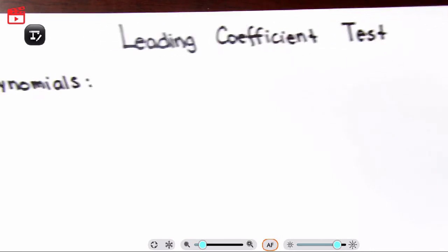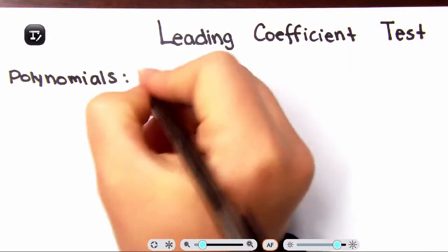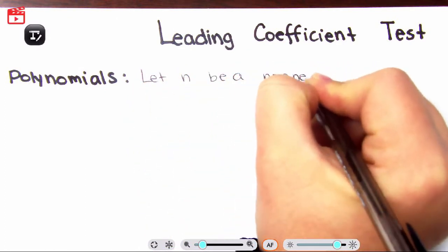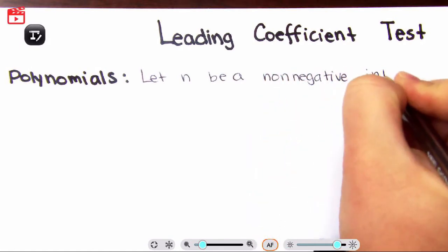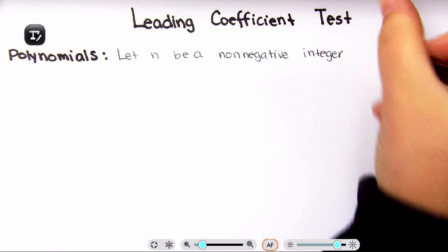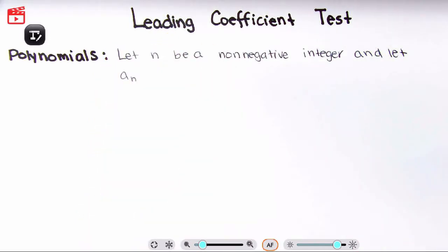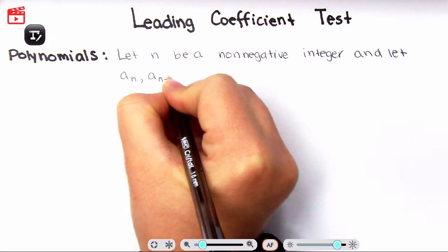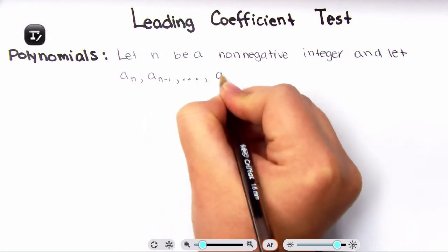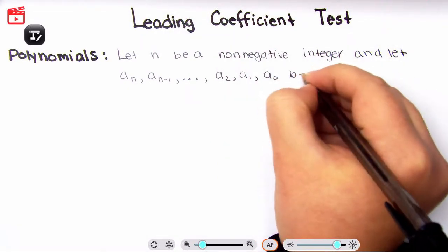And this is a polynomial function. We're going to define that as, let me get a black pen, please. So let n be a non-negative integer and let a sub n, so it's a with the little n on the bottom, comma, a sub n minus 1, so a with n minus 1 as a subscript, comma, dot, dot, dot, comma, a2, comma, a1, comma, a0 or a naught, be real numbers